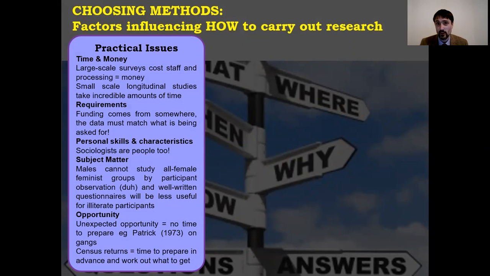Basically, if you're going to do a large-scale survey, if you're going to do a huge amount of questionnaires, that costs you in terms of staff to run those sorts of things. And then to get the answers in and to collate the data and to turn it into quantitative data and to turn it into something you can actually use. And that's costly. It takes a lot of money. You can do it quickly, but it's expensive. And not every researcher has the money to throw at their problem.